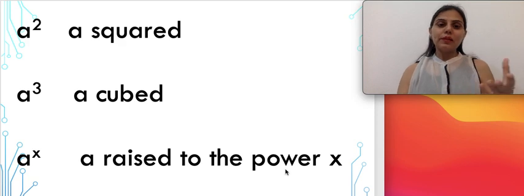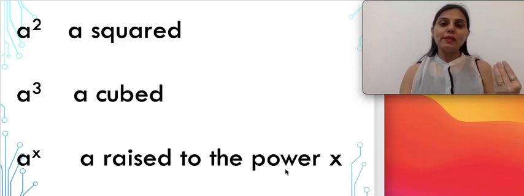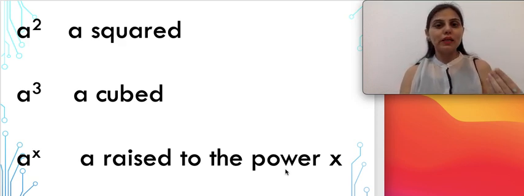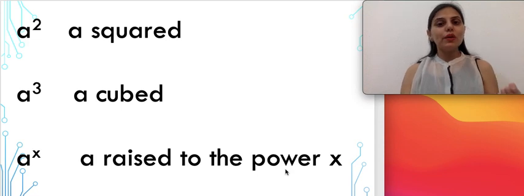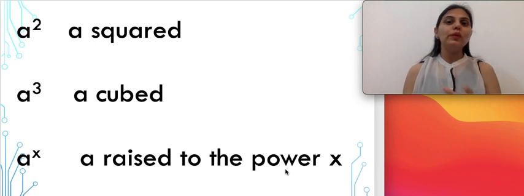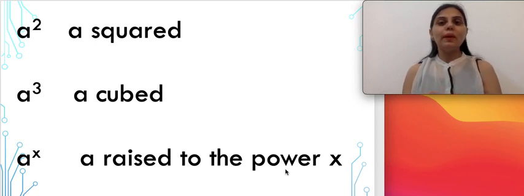Then apart from that, numbers we write like a square, a squared, a cube, such numbers have a particular name. If the general term is a raised to power x, see the way it is written: a raised to the power x. So sometimes children get confused while reading the exponential form also. There is a particular way to read the variable or read the number which is given in the exponential form. So all those parts also I will explain while we are solving the questions of the exercise.